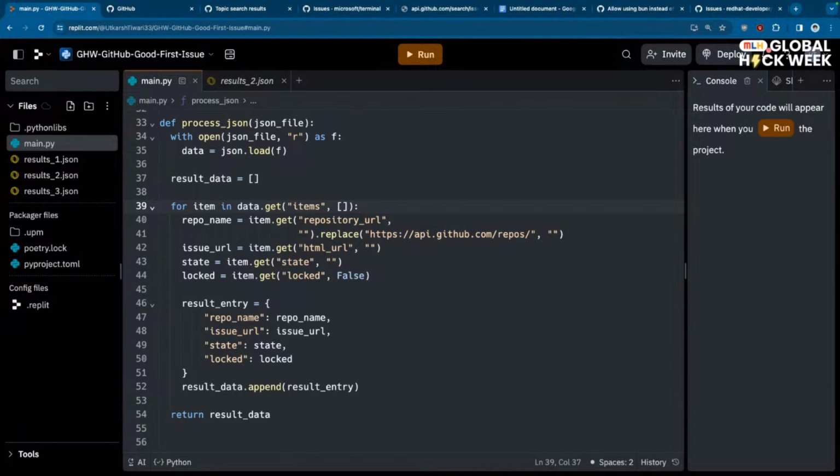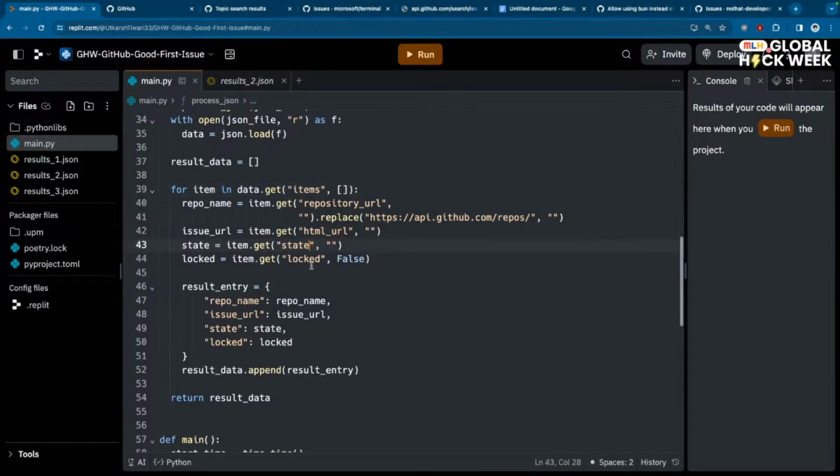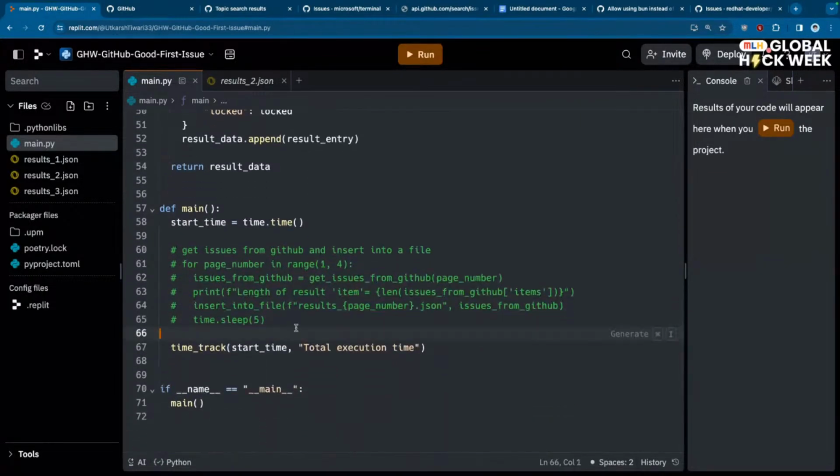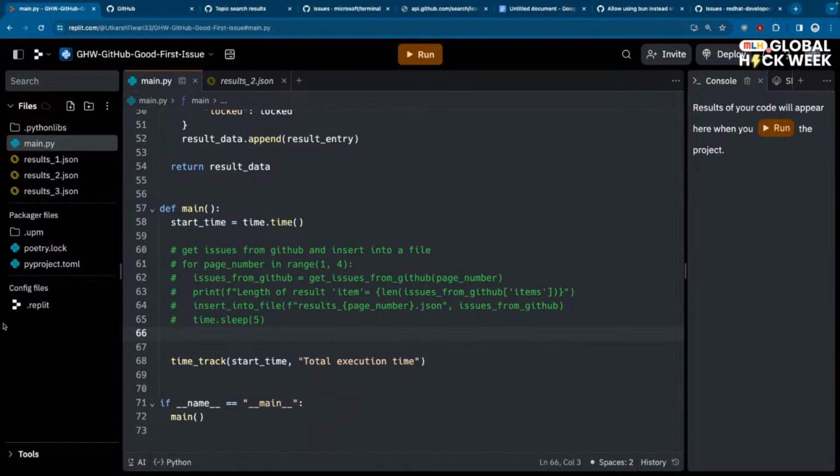Okay, yeah, I think this should kind of work. Let me think more. Yeah, I think it should work. Yes, I feel it will work. What else? Now we need to go back to our main function, and we need to basically